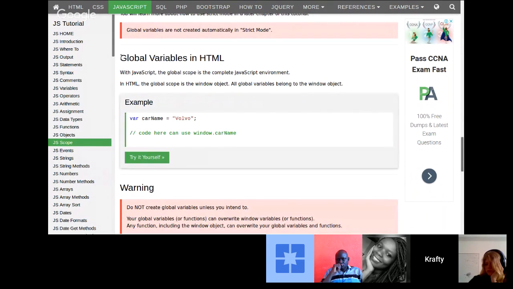Global variables in HTML. With JavaScript, the global scope is the complete JavaScript environment. In HTML, the global scope is the window object. All global variables belong to the window object. Example: carName = "Volvo"; var carName = "Volvo";